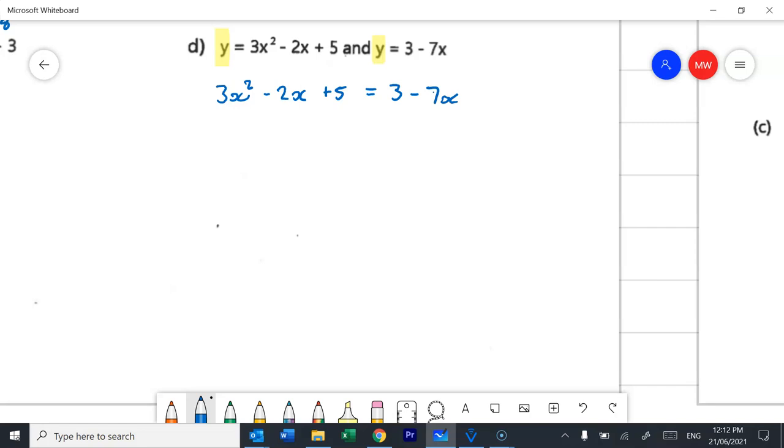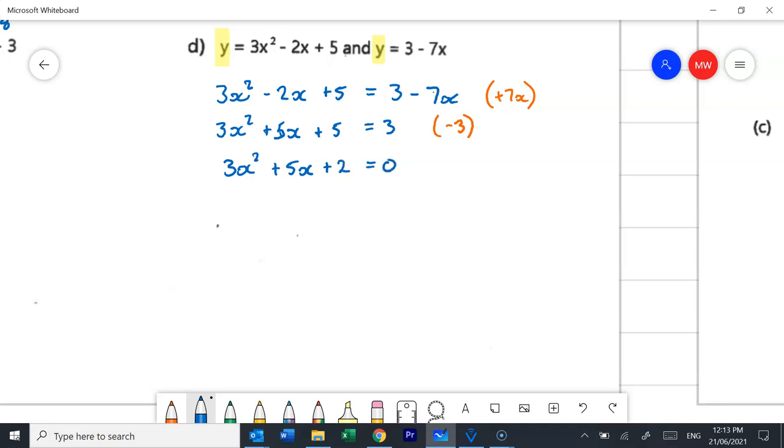And then I'm going to just start moving everything to one side because I have to make this equal 0, okay? So I'll add 7x's to both sides, and what I'll end up over here with is still got my 3x squared, and now I've got 5x's, and still got 5 at this stage equaling 3, and then I will take 3 from both sides, which means that now my equation that I'm going to start working with is 3x squared plus 5x plus 2